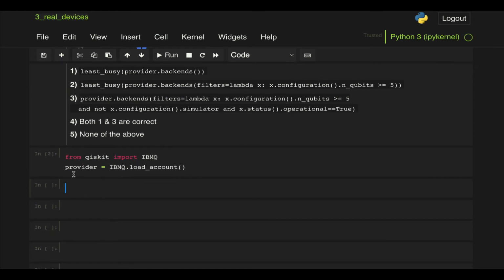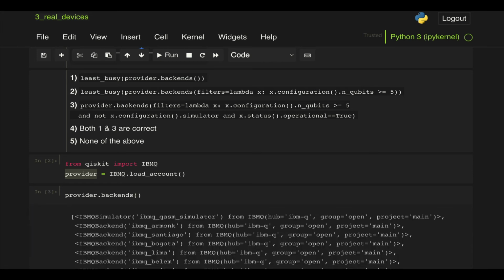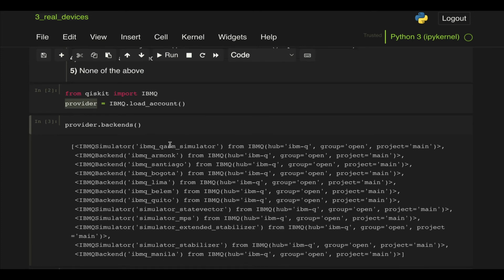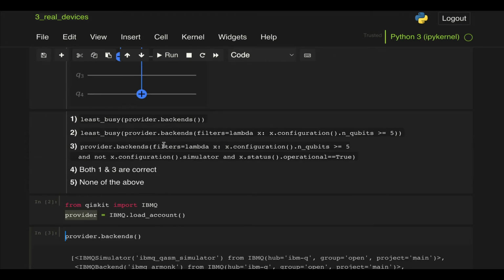And after we've loaded our provider, the first thing we can do is run this least busy command with provider backends. But before that, let's just run provider backends on its own to see what we have. So what this gives us is a list with all the different devices that we have access to. So here we have the QASM simulator. This is Armonk, which is a 1 qubit device, and so on and so forth. So obviously, if we run the command